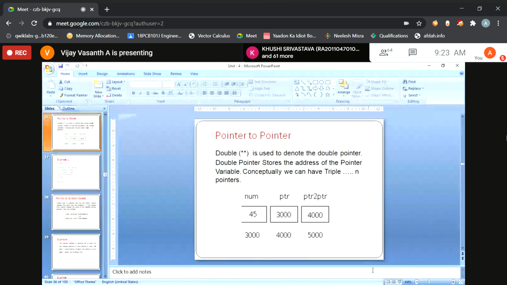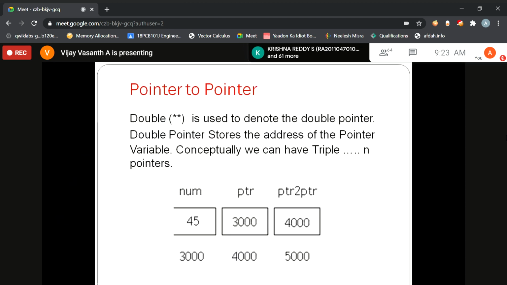One pointer is being referenced, and from that reference you will be taking up another pointer. See, a pointer will be pointing to a memory location. A pointer to pointer means a double pointer or triple pointer. It goes on to n pointers. A pointer will be pointing to another pointer, and that pointer will be pointing to another pointer. It goes on till n number of pointers.